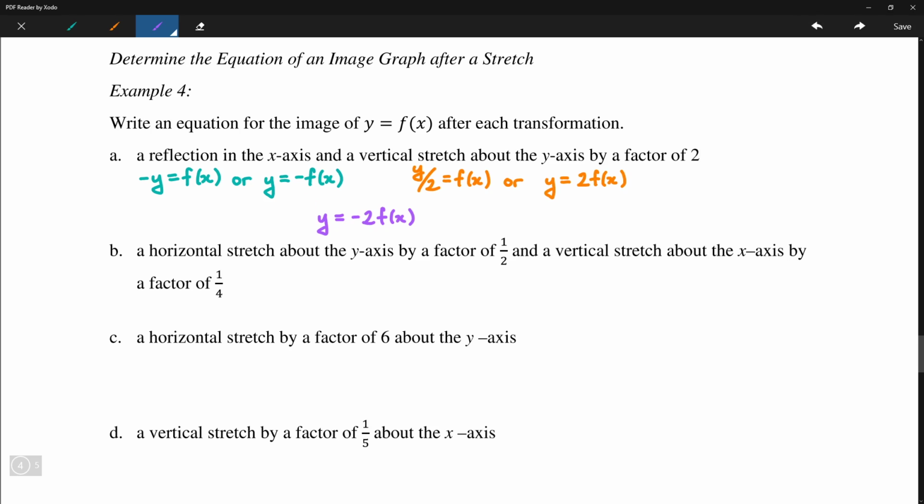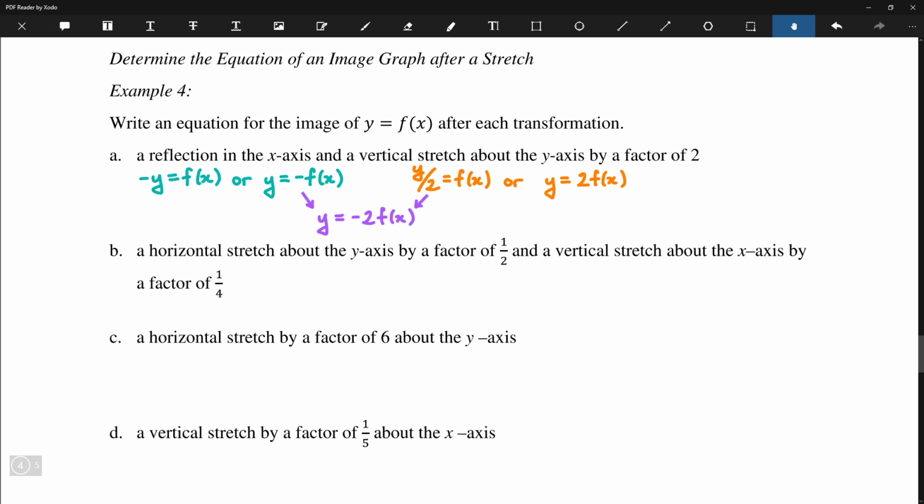So, it's an example of combining multiple transformations. For now, we're just going to combine reflections and stretches, but later on we can also combine with these translations as well. Okay, so next up, a horizontal stretch about the y-axis by a factor of 1/2, and a vertical